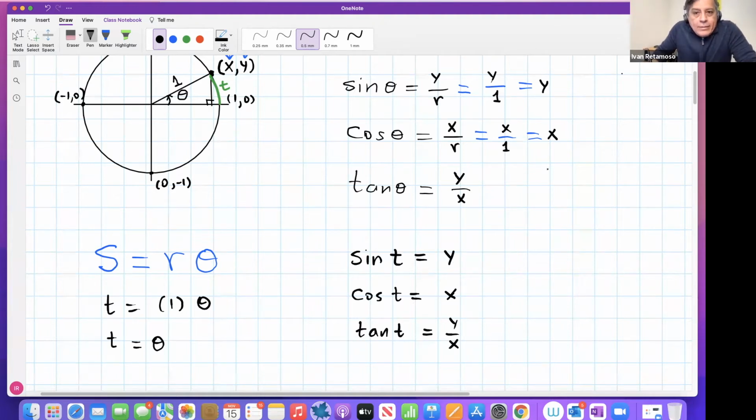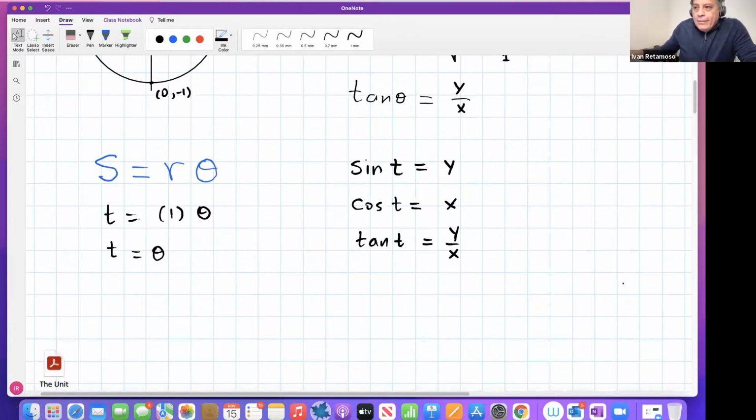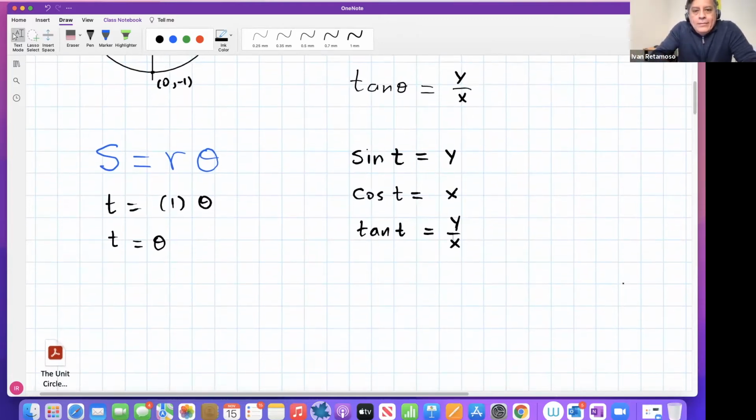And you may say, where are the other trigonometric functions? Well, the others you can get by flipping these three, taking the reciprocals of those three trigonometric functions. Now, this is a big deal because it will allow me to do, for example, some graphing of trigonometric functions, because now T represents a real number. We will be able to do graphs of sine, cosine, and tangent on the XY coordinate system. Oh, that will come in the next lecture. But for now, let me show you how you take advantage of this